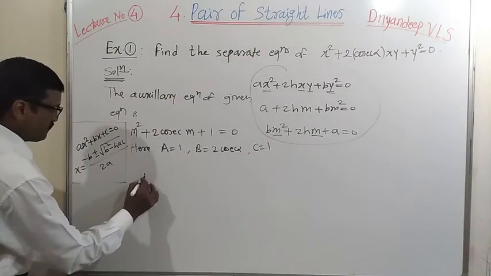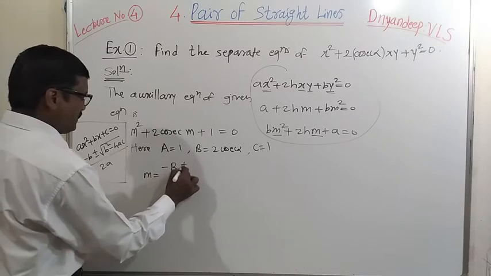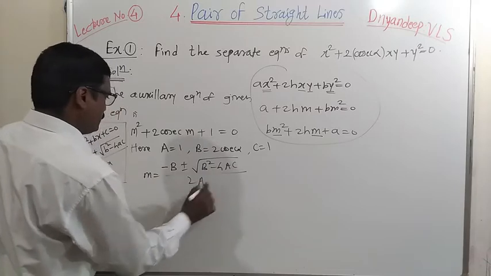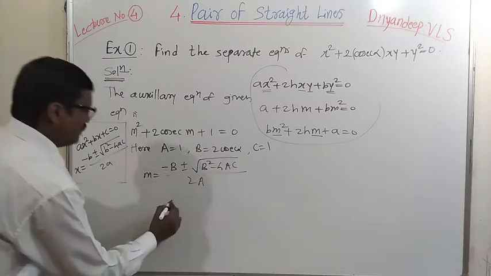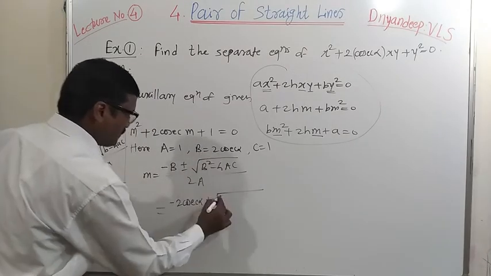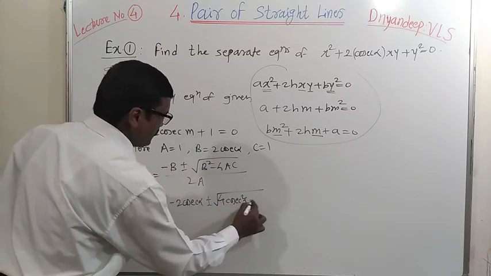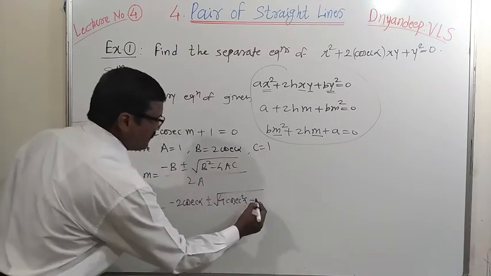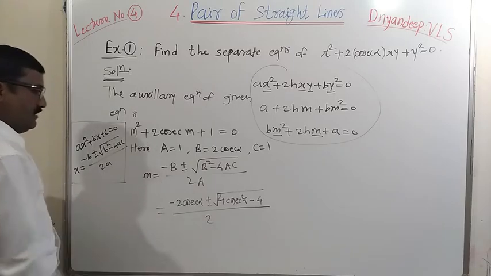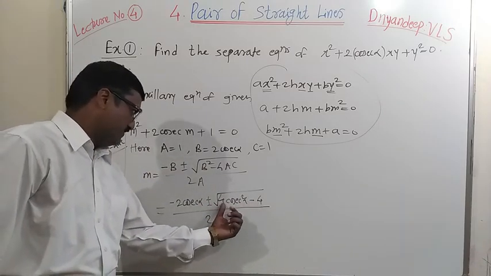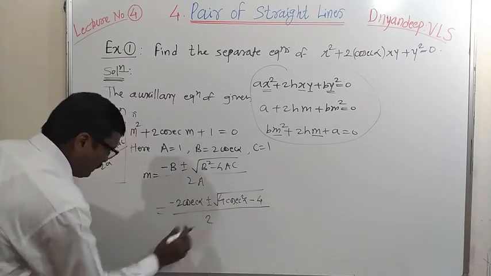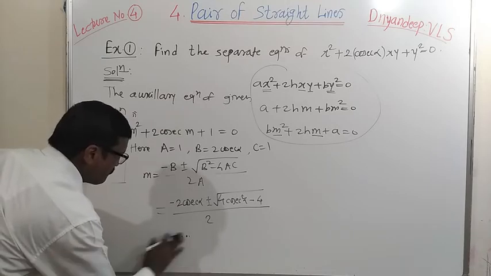So m equal to, let us use the formula, minus b plus minus under root b square minus 4ac upon twice a. So it gives us minus b, means minus 2 cosec alpha, plus minus under root b square, means 4 cosec square alpha, minus 4ac. A and c are both 1, so we get minus 4. 4 divided by twice a is again 1, so we get 2. From this root we can take 2 outside because under root 4 is there. That 2, these 2 and these 2 get cancelled, so remains minus cosec alpha,